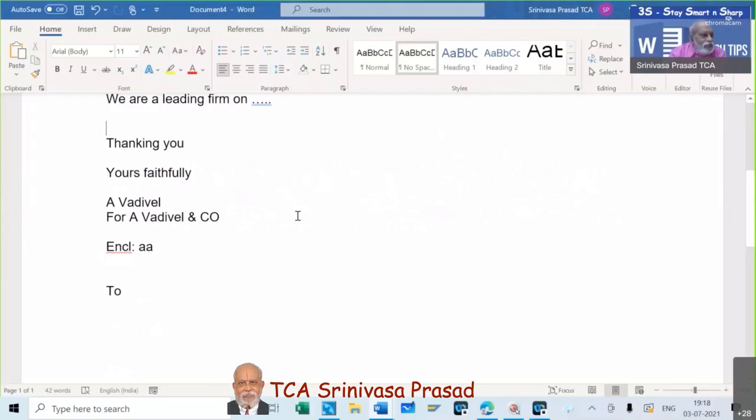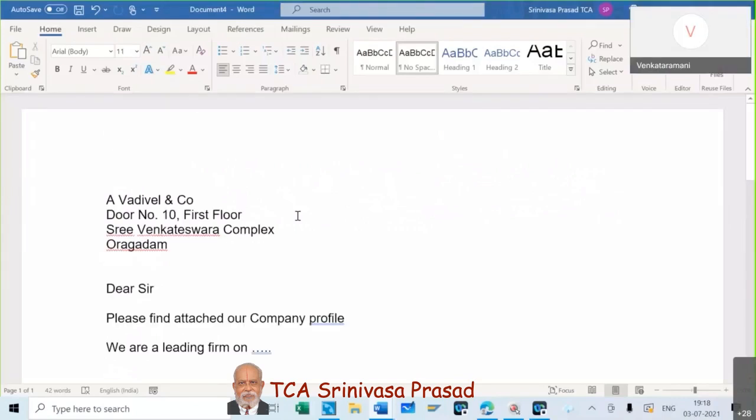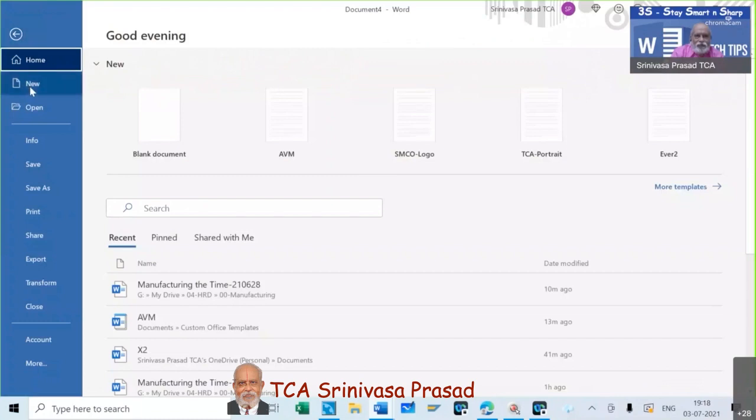We will now go to the next one. We have done dictate and all we have done. Now we were on template. Now let's see some of the templates now.